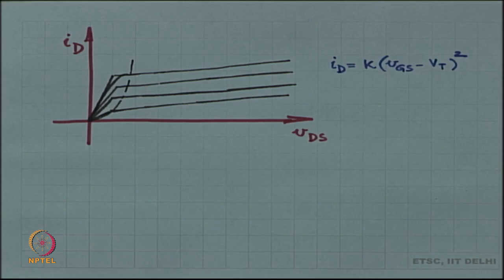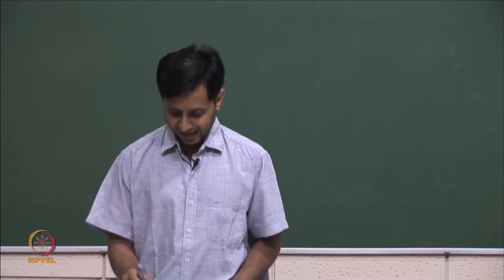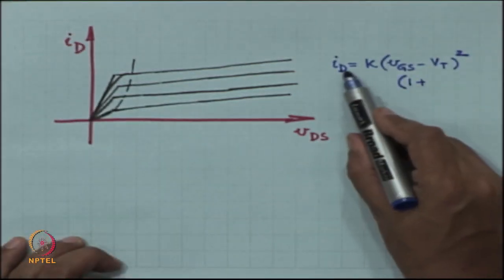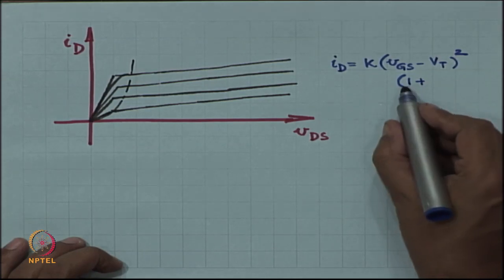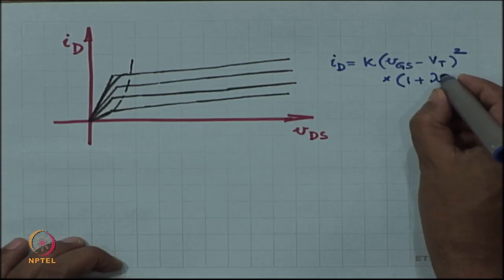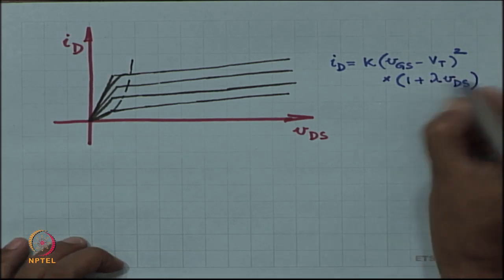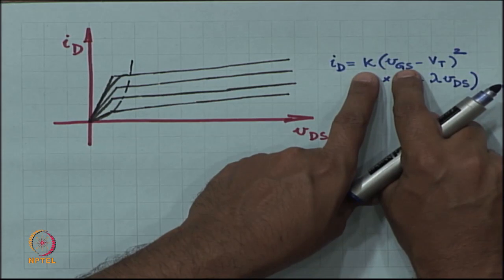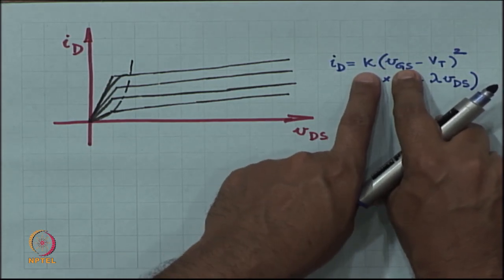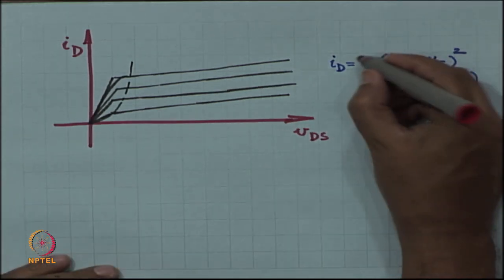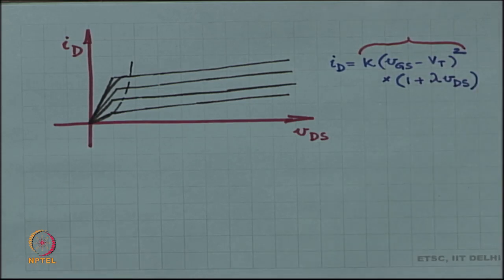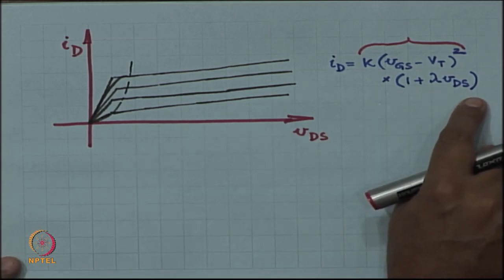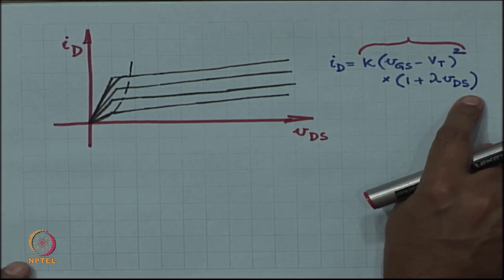All right, so what we try to do is model this as a straight line. We say that ID is k times VGS minus VT the whole squared times 1 plus some lambda VDS. So this is a constant times a function of VDS, constant with respect to VGS. Once I fix VGS, this entire portion becomes a constant. This still remains because VDS changes, and it starts looking like a straight line that cuts the x axis